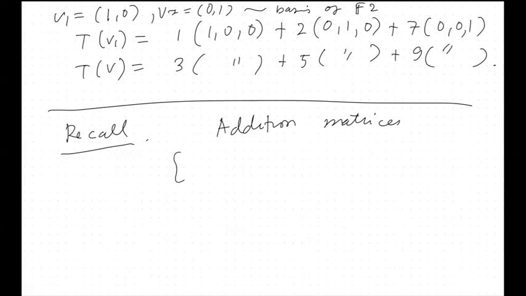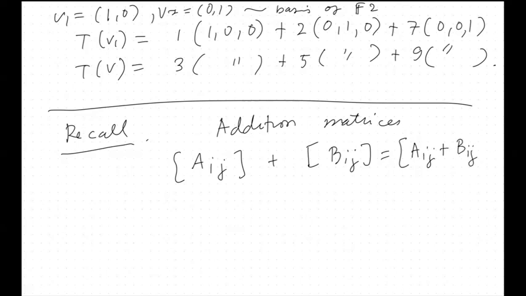Suppose we have a matrix A with entries Aij, and a matrix B with entries Bij. So the matrix addition is Aij plus Bij. So we just add component-wise. And then if lambda is some scalar,